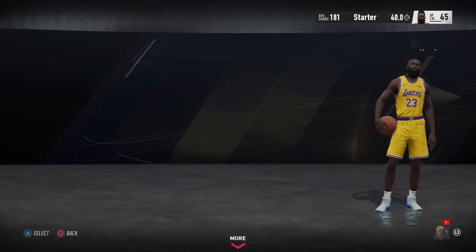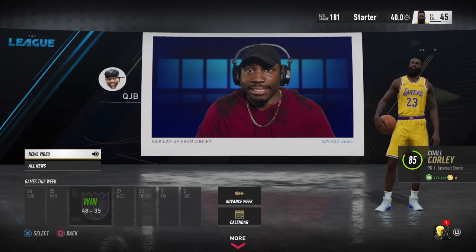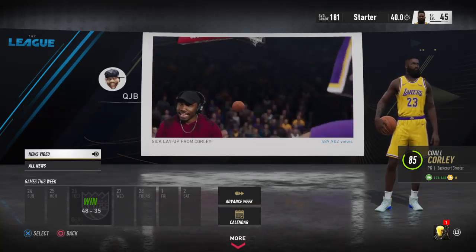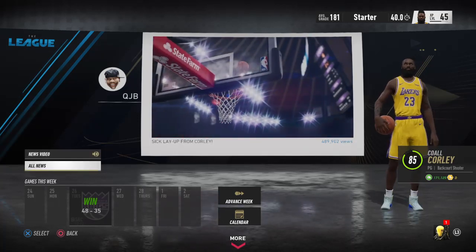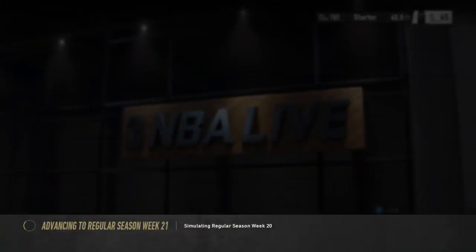Somehow he had your boy QJB back with some more highlights of the one crazy athletic play today. Let's get right into it. Oh my, did you see that? Going up with that easy layup. They made that look simple. A rubber man,